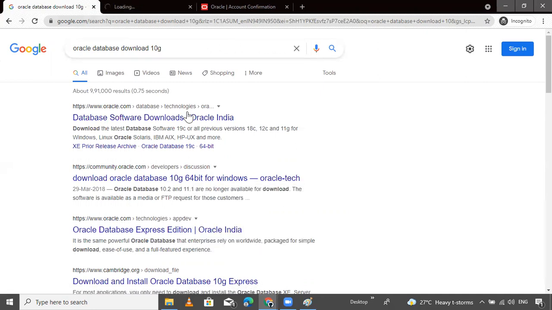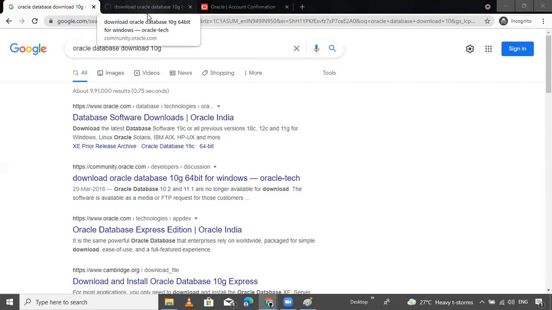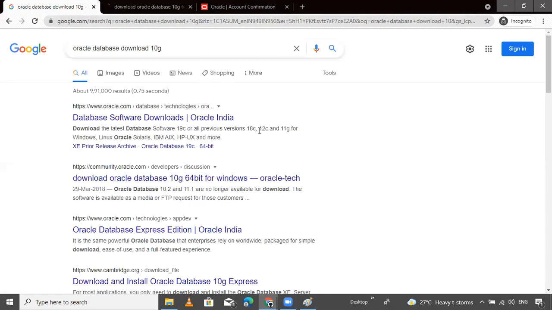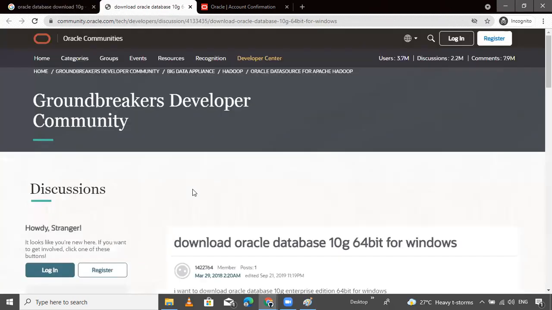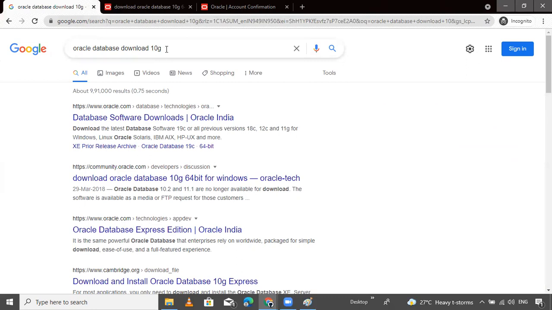Let me check if there are any options, otherwise we will go to Express Edition. Whichever you want, you can download. Which type of version you want, like 11G, 12C, 9C. Right now it's 9C, but after 12C, I think it's a different version, no? I think so.